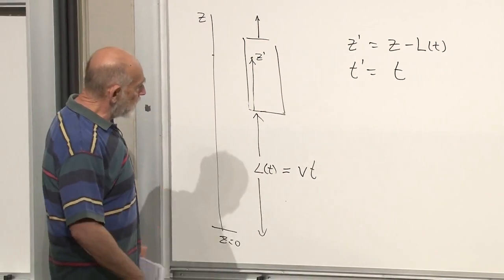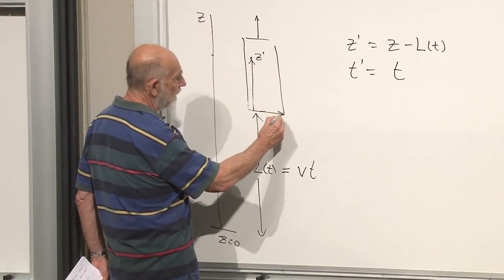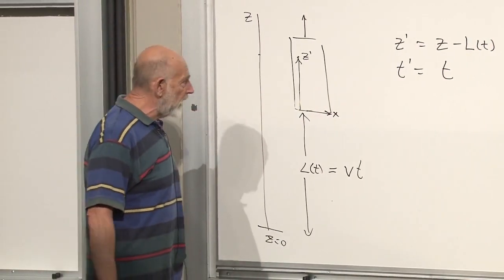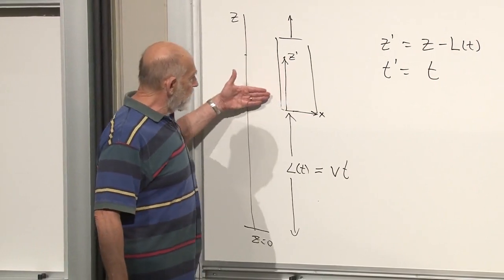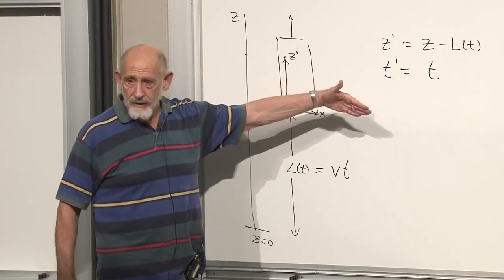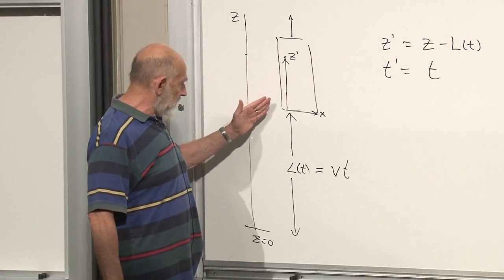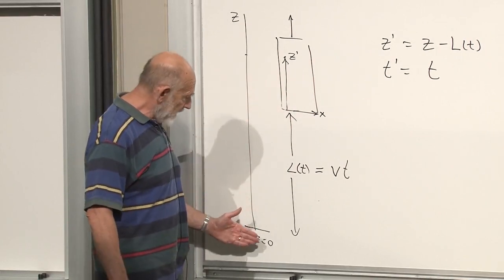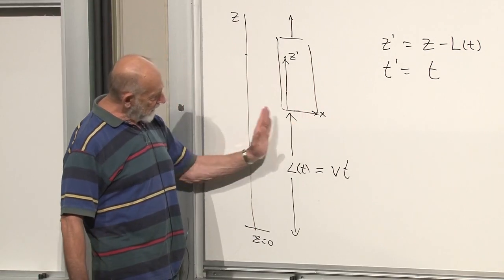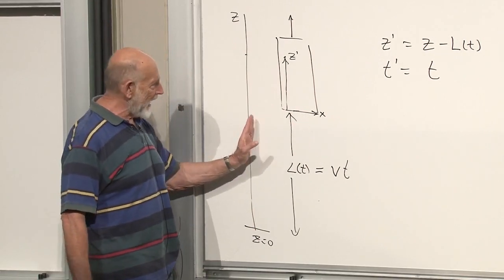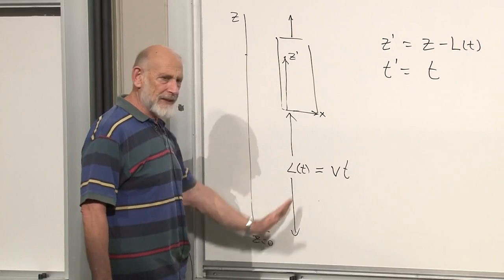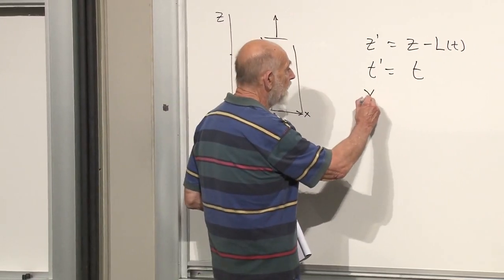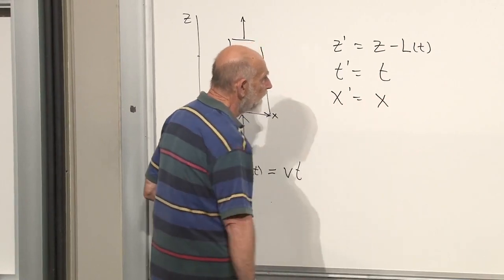And finally, we could also put another coordinate in here. Later on, we'll be interested in the coordinate x going this way. There's also one coming out of the blackboard, y. And as long as the elevator is not sliding horizontally, then x prime and x can be taken to be the same. It's true, I've sort of offset the elevator relative to this axis, but I didn't have to do that. I could have put the z-axis right down the middle here, in which case I would say that x prime is the same as x.